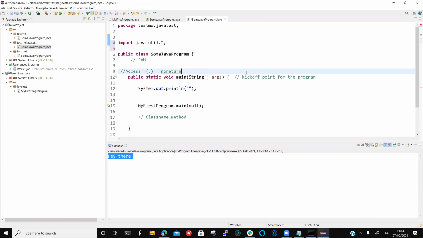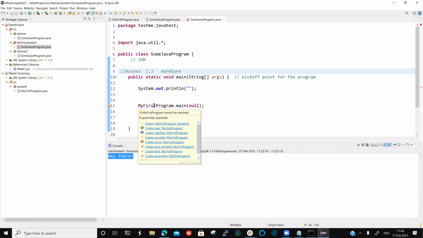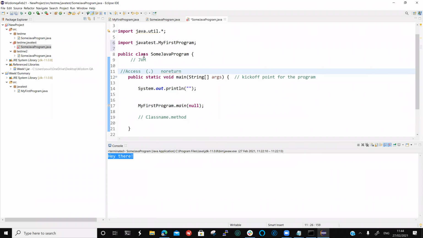If I remove it, this line is immediately giving me an error saying my first program cannot be resolved, and it is giving me some quick fixes. The first thing it says is import my first program, and you just click on it so that it gets added. You don't have to write it, because if you are trying to use some class and the class is not already imported in your class,